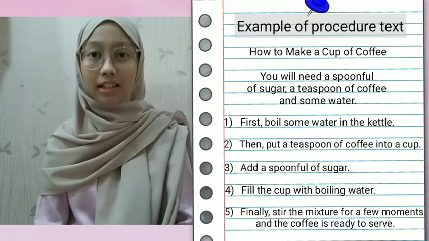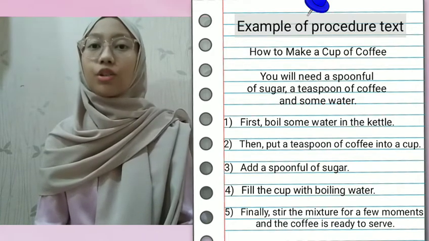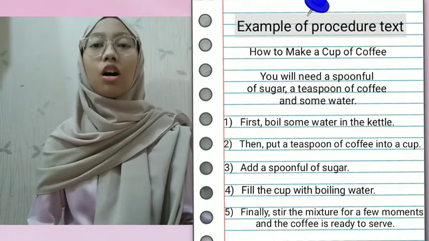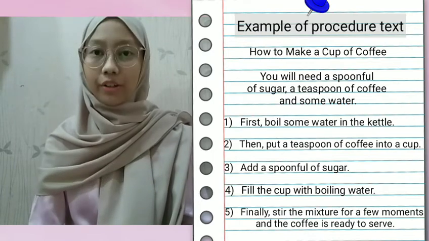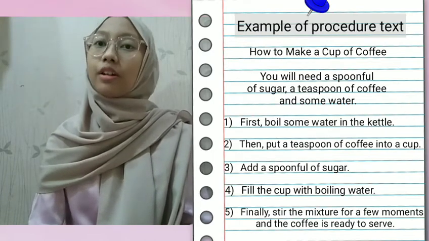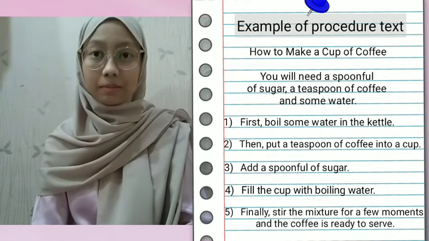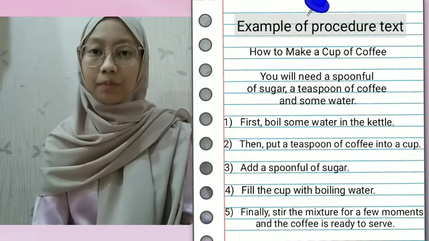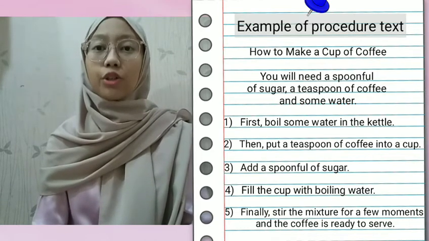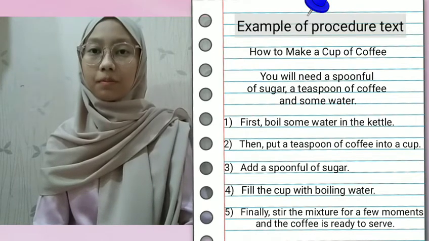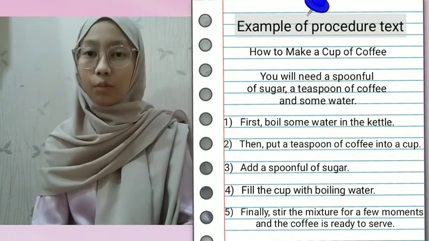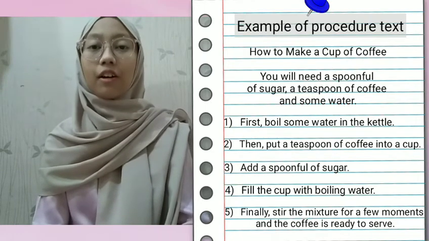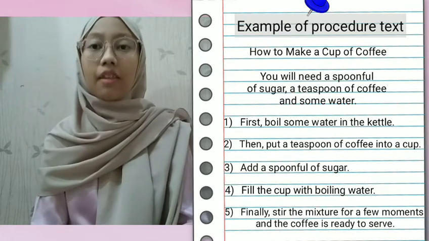You will need a spoonful of sugar, a teaspoon of coffee, and then some water. The first, boil some water in the kettle, and then put a teaspoon of coffee into a cup, and then add a spoonful of sugar. Fill the cup with boiling water, and finally stir the mixture for a few moments, and the coffee is ready